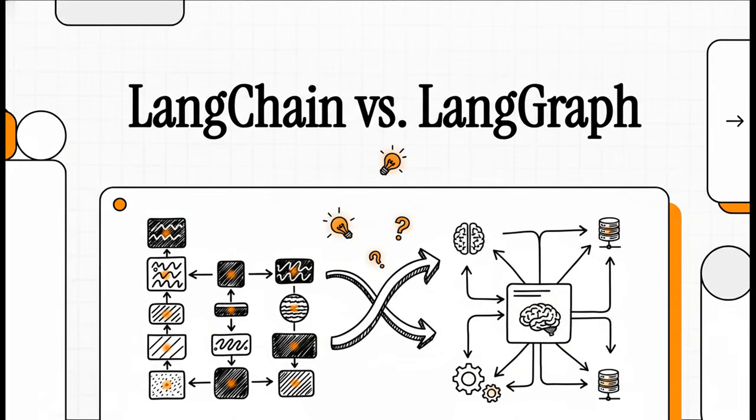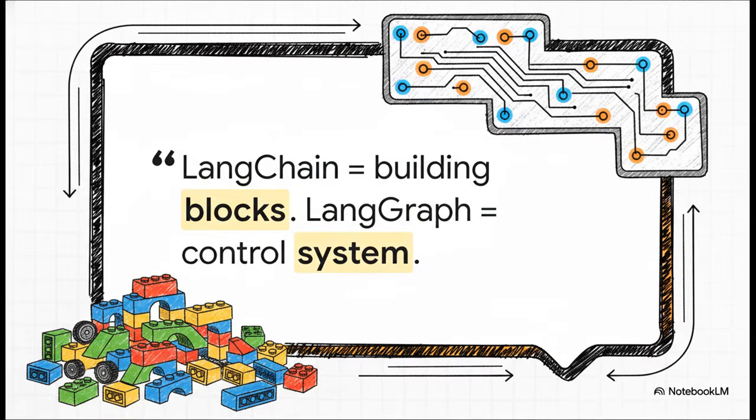Because getting this right isn't just some academic exercise. It's going to be the key to how you build your next and probably best AI app. Look, if you only take one thing away from this whole explainer, make it this right here. Seriously. Think of LangChain as your box of Lego bricks, all the essential individual pieces you need. LangGraph, that's the control system. It's the set of instructions that tells you how to connect all those bricks to build something complex, something that